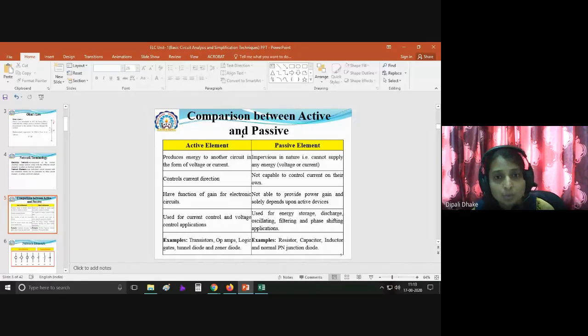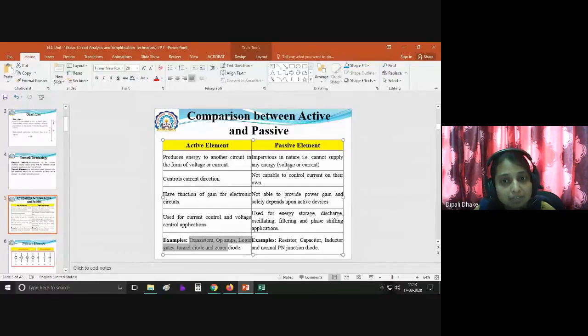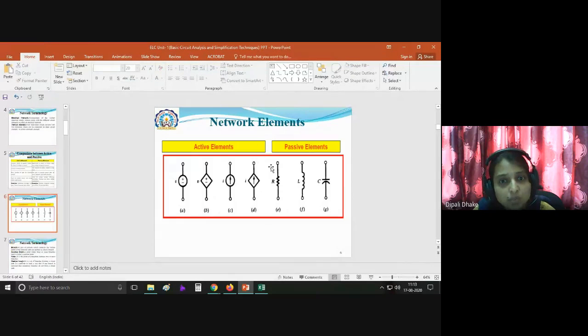There are two types of elements, that means components: active component and passive component. Who can produce the energy, that is the active component. Who can't produce the energy, that is a passive component. Basically this is the difference, and just remember the examples with respect to active and passive. With respect to some sources and a component, we have to differentiate it. Active elements include a number of energy sources also, current and voltage sources, dependent and independent sources. And passive elements are basically R, L, C: resistor, capacitor and inductor.